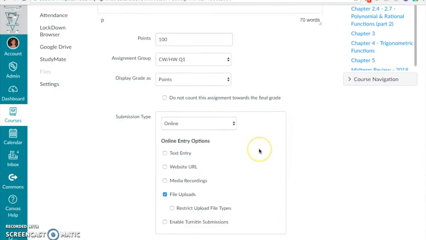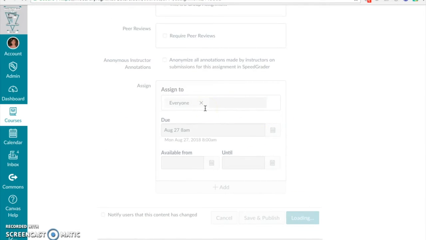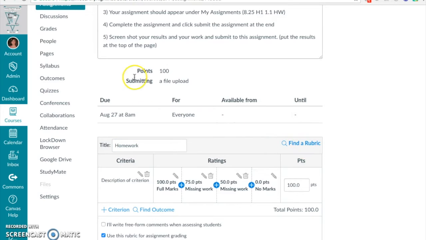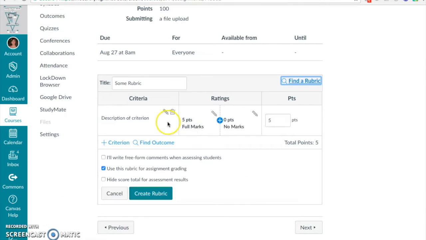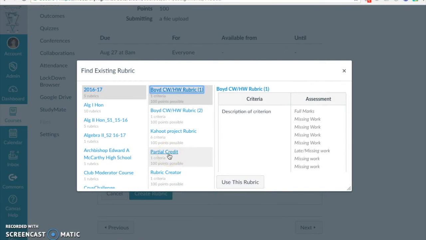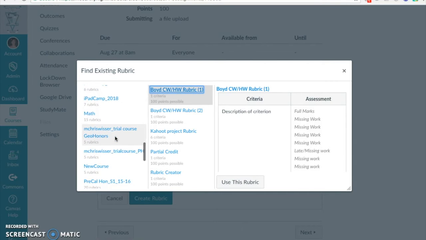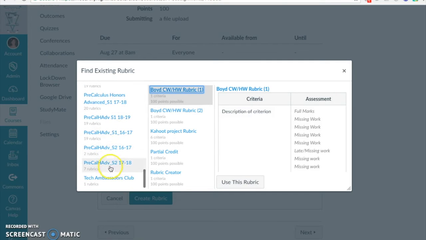And then I think I have, let me see if I have the actual, so let's say I'm going to save this. I created a rubric. So let me try to find it because I created it after this one. So cancel, get rid of this one. Add the rubric, find a rubric. And it was in, which I can actually share this with you, but it would have been in my second semester one. So let me find that one. Here,